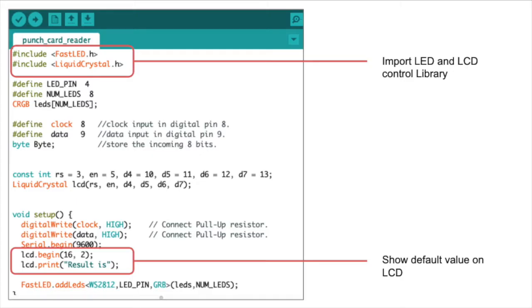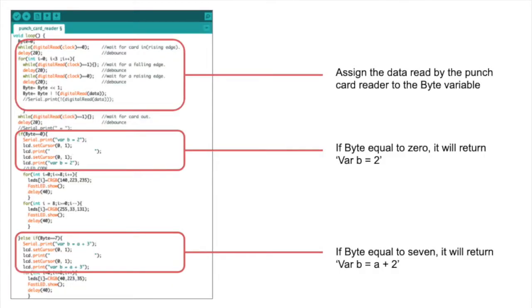Then I will introduce how I achieved these functions. This is the source code of my Arduino. The first 2 lines on the top are used for importing the LED and LCD control libraries. And in the setup part, I set up the default value on the LCD. In the loop function, the first part is used for assigning the data read by the punch card reader to